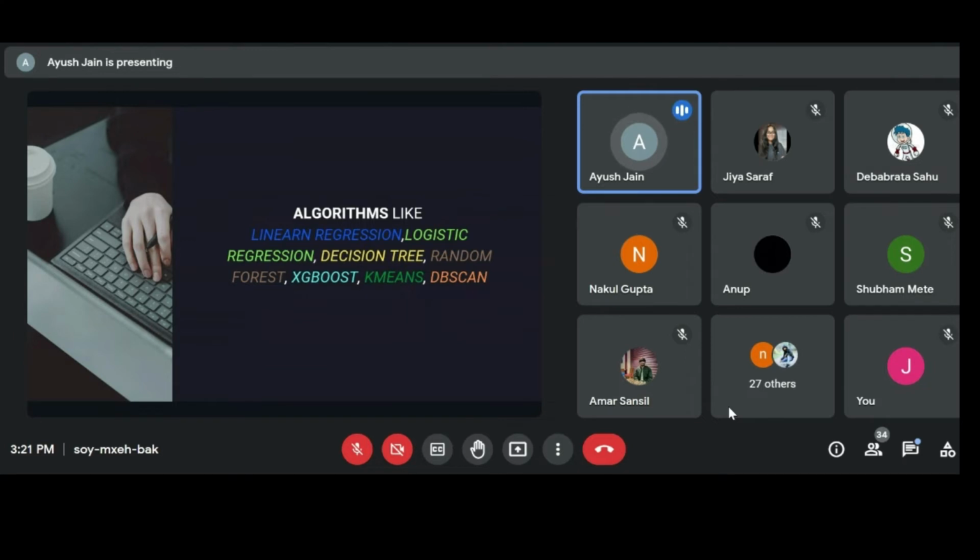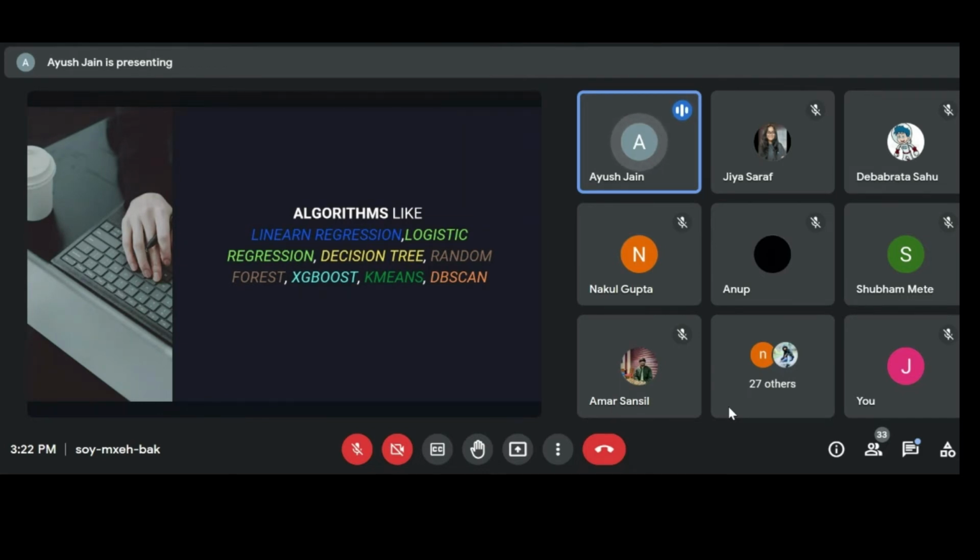So we have algorithms like linear regression, logistic regression, decision tree, random forest, XGBoost, K-means, KNN, DBScan, and all these machine learning algorithms. We train these algorithms on the data set, and after that we receive an accuracy and a model prediction. Based on the model prediction, you deploy a model on some cloud platform or framework. So this is the most important part of applying algorithms.